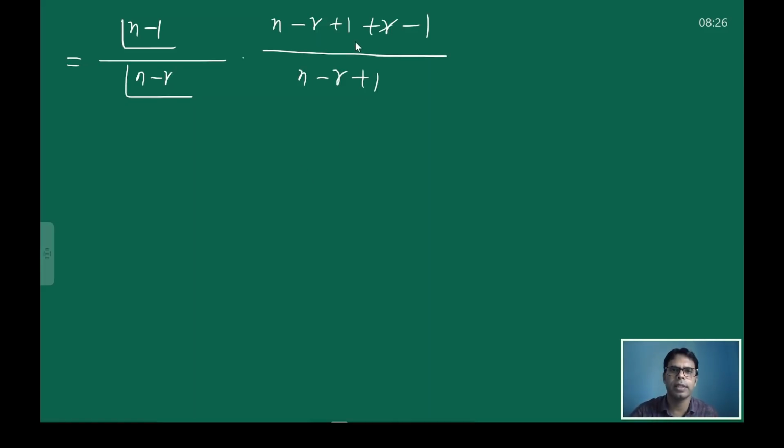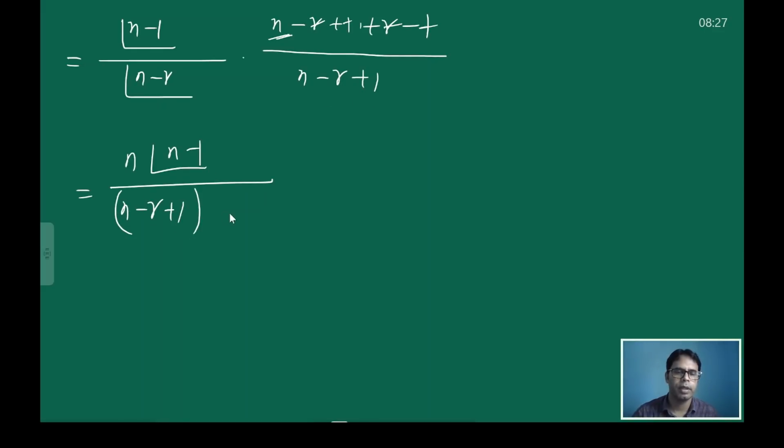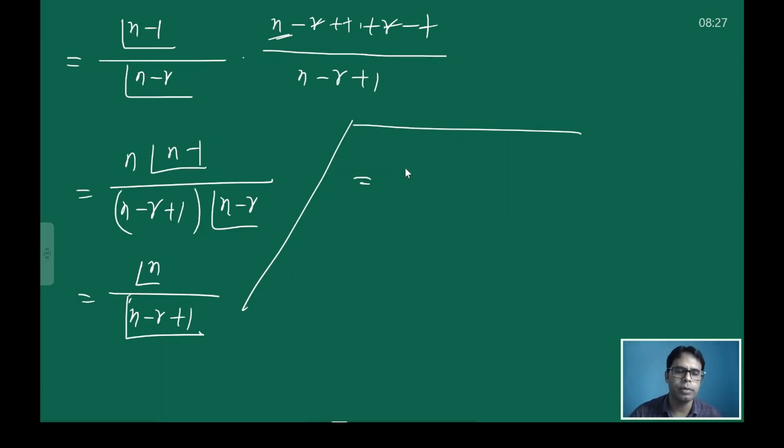After this, you see here r is cancelled, n is cancelled, r cancels, 1 cancels, positive negative r, positive negative 1, so what remains, just n is there only, so therefore we write n into factorial n minus 1 and this term is remaining, here I wrote n minus r plus 1 into n minus r. This outer term is one more than this, so we put it inside, so it is simply factorial n. This is also one more than the number inside the factorial, so it is also written this way, n minus r plus 1 within the factorial. Then after this, it is equal to factorial n, which is already there, divided by